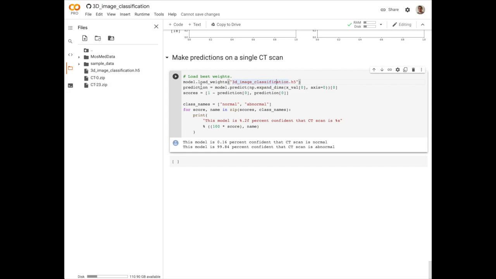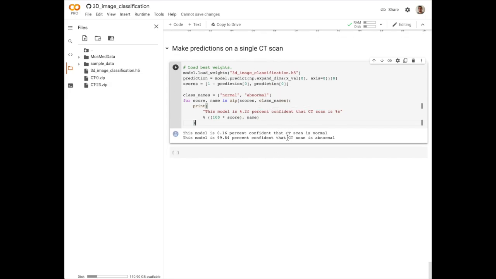So now that we have a trained model, we load the weights from our best weights, where we have this callback snapshot that saves the 3D image classification.h5 at the end of every epoch. So we load these weights, and then we use model.predict, and we use expand dimensions in order to input a single image to our model. So now we use the scores. Again, we use this 1 minus thing because we're using a sigmoid activation. This is different from using a softmax activation at the end, where we do scores equals np.argmax for the individual prediction, or we just do scores equals prediction at 0, prediction at 1 in order to index the two softmax probability densities. So this is the density it puts on this one individual image, classifying it as an abnormal